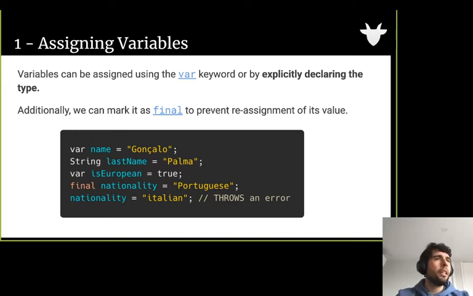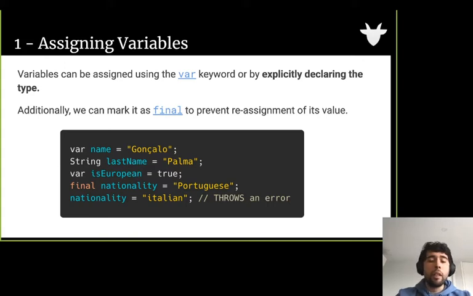I'm not saying here whether it's a string or a boolean because Dart can directly infer the type if I assign it. On the second line, it was my choice. I can decide to explicitly declare a variable by giving the appropriate type: string, boolean, class name, etc. And of course, if I want to make my variable not variable, I can make it final.